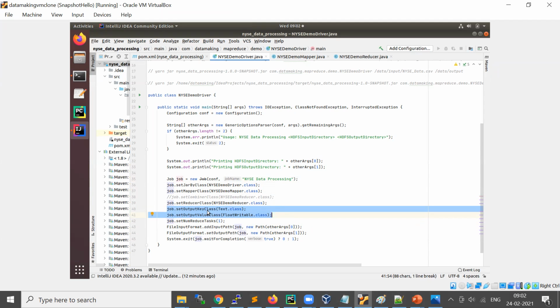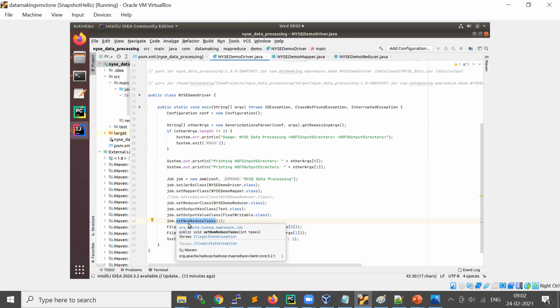Okay, so this is the output key class. For map output key and value, you can also specify them using different properties; otherwise it will take the key as Text type and the value as Text as well. So if any type changes apart from the default one, you need to mention it here. And the number of reducers, as I told, we can control using the property called setNumReduceTasks.